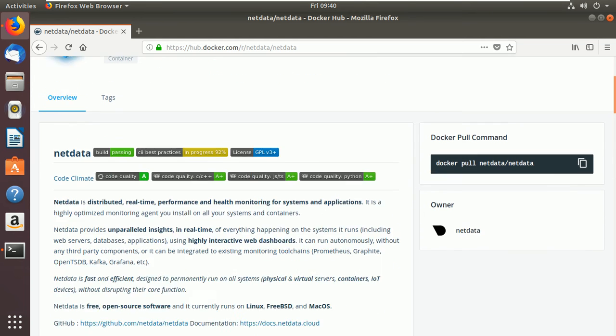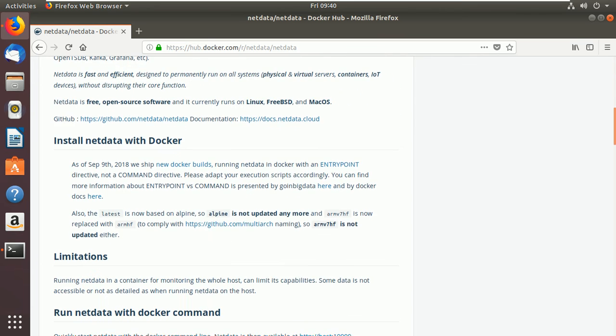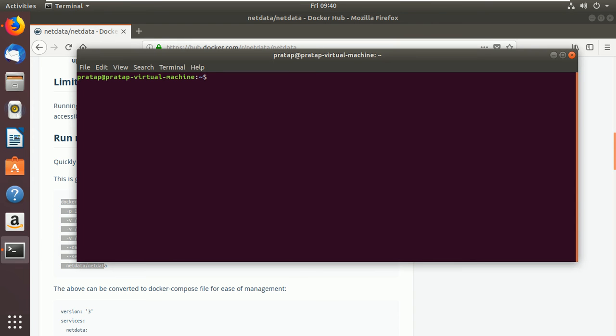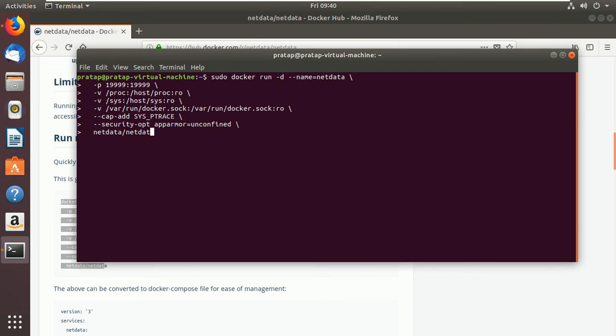Now if you go here, you can check Docker. You just copy this code, if you don't like to write such a long command. Go to your terminal, type sudo first, and then paste it.